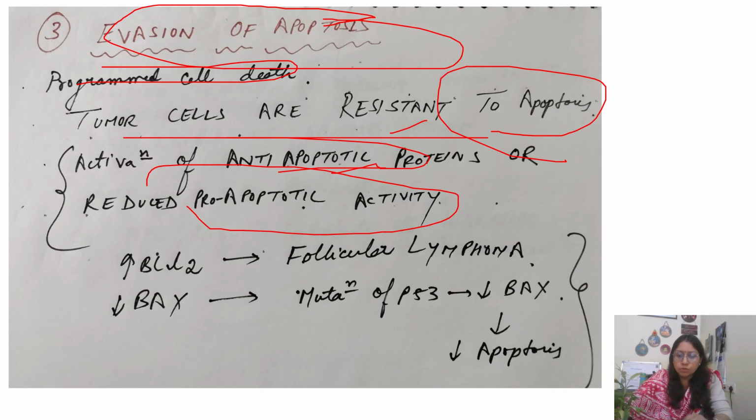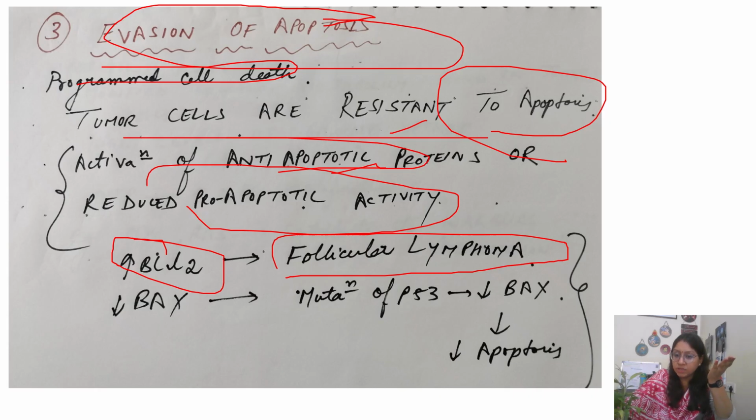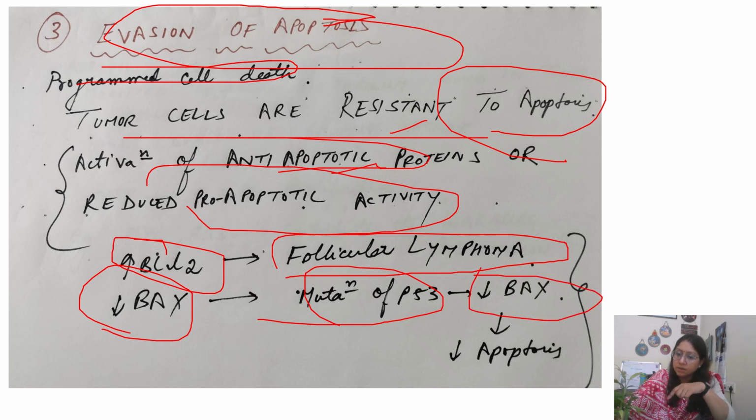सो इसका एग्जाम्पल में देखो, अगर ओवर एक्सप्रेशन होता है ना BCL2, so this BCL2 is an anti-apoptotic factor, correct? So this association has been seen in follicular lymphoma. तो अगर increased concentration of anti-apoptotic protein, that is BCL2, occurs in follicular lymphoma. Similarly BAX जो होता है ये होता है pro-apoptotic factor. अगर इसकी concentration कम होती है, क्योंकि अगर म्यूटेशन हो रहा है ट्यूमर सप्रेसर जीन का, तो वो क्या करता है, BAX के कंसंट्रेशन को भी कम करता है, और BAX अगर कम हो गया, which is a pro-apoptotic factor, so consequently what happens, your apoptosis also decreases.